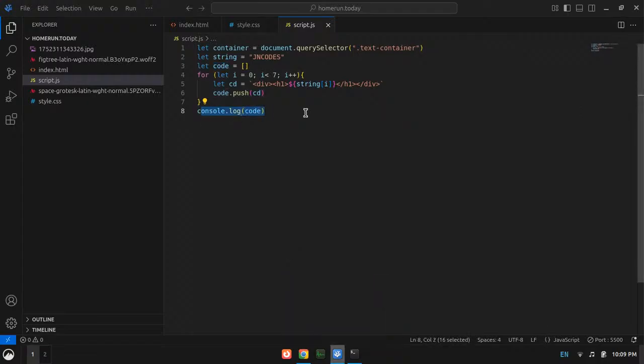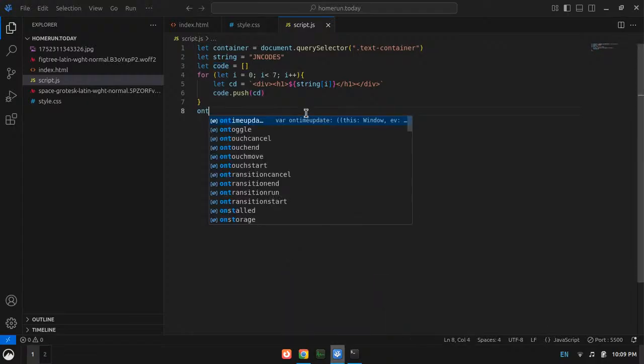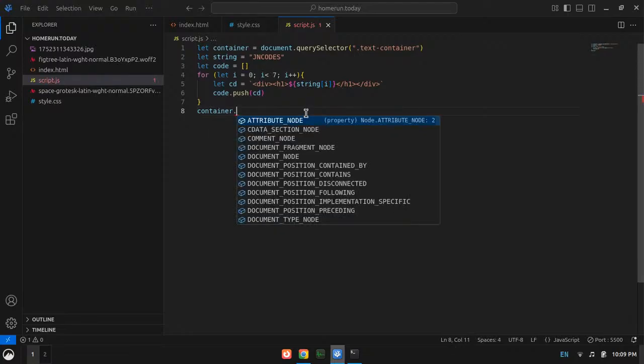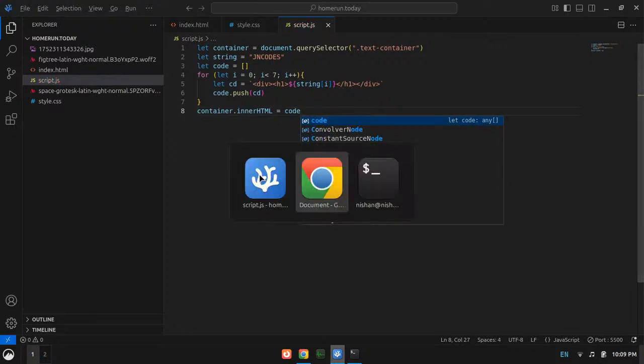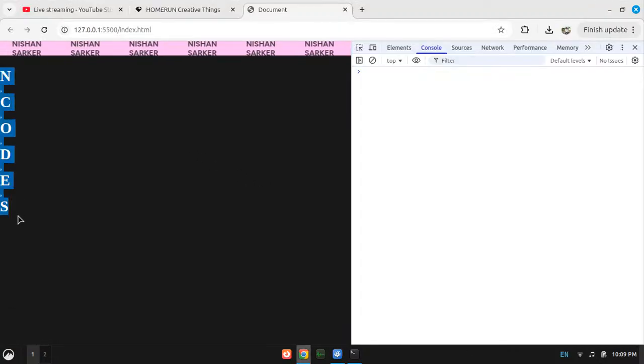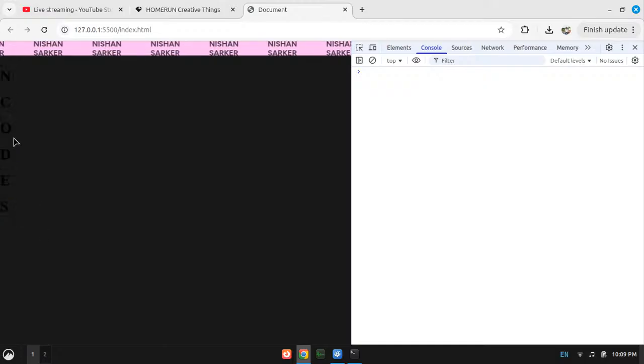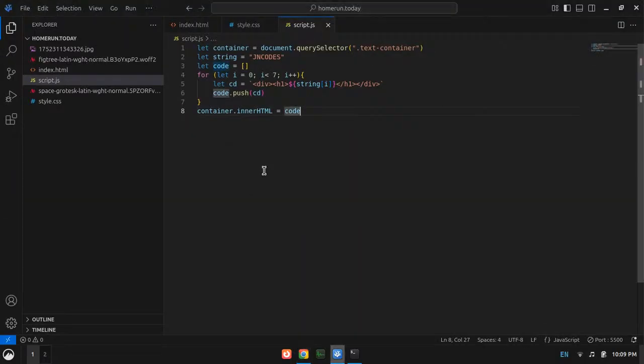So I can say container dot inner HTML equal to our code. Will that work? Are they separate divs? No, they aren't. It didn't actually work as I expected.